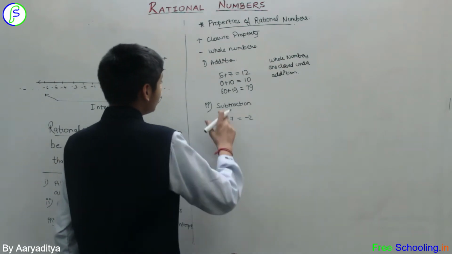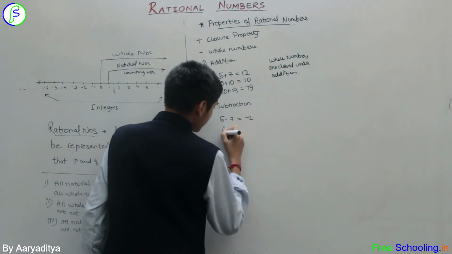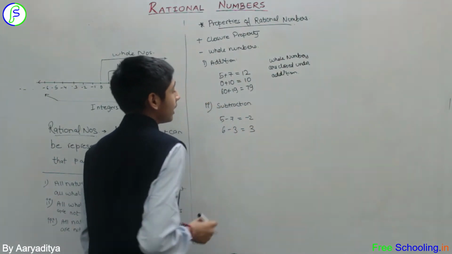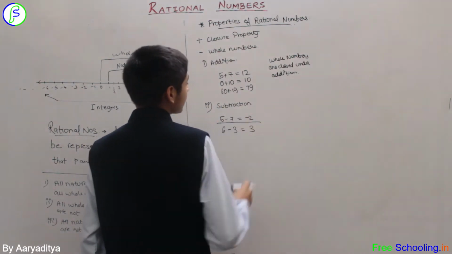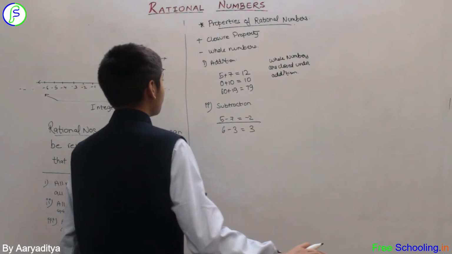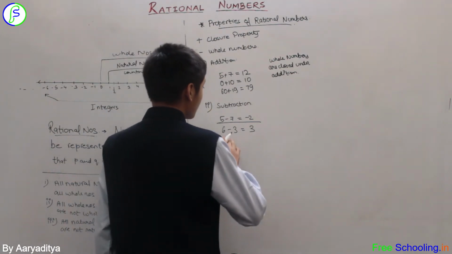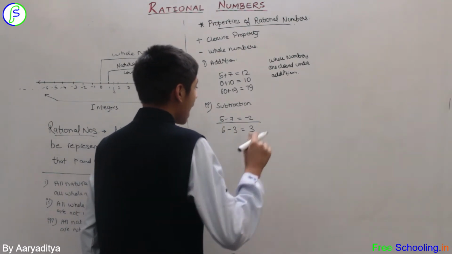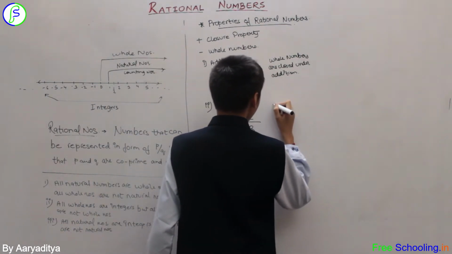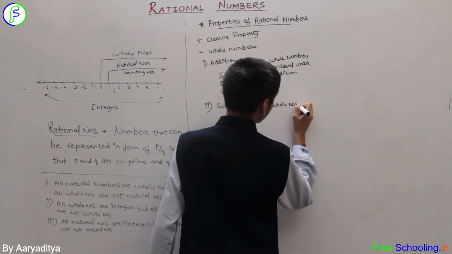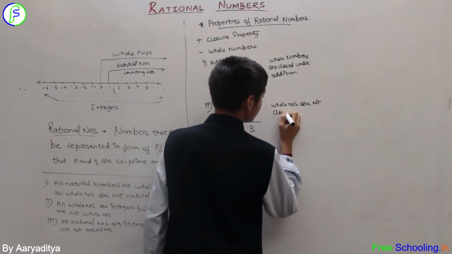then even if you get thousands of correct ones, like I can give you many more like this, I can give you 6 minus 3, that is 3, and you will be calling it a whole number. Even if you get one subtraction in which the result is negative or is not a whole number, then the statement is directly that whole numbers are not closed under subtraction. Even if you give me thousands of correct ones, I would still give that statement because I have one whose result is not a whole number. So I will be writing whole numbers are not closed under